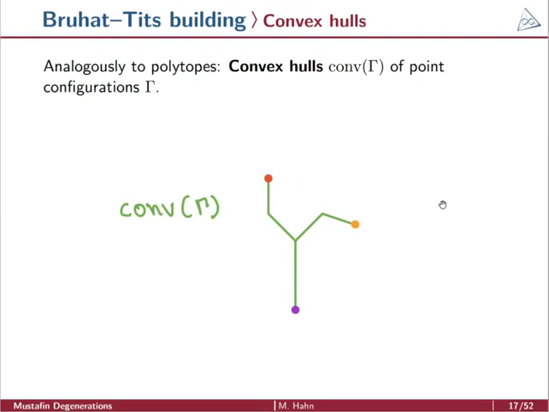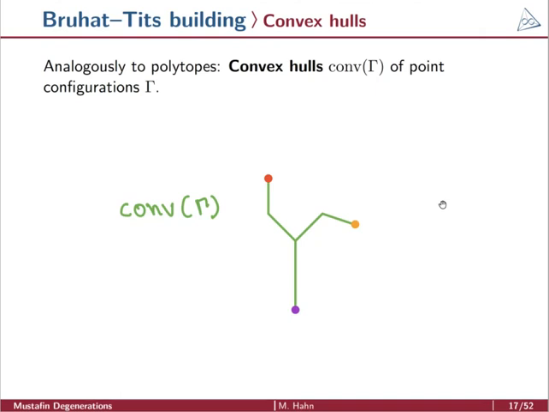And as I said before, for these Mustafin degenerations, you do something that is slightly more complicated than that. It's a little finer, but essentially this is the way you can think about these convex hulls. Now we have chosen very small parameters, once again in this picture, as I mentioned before, and we could just be lucky. So of course, the convex hull of any finite number of points with this geodesic definition